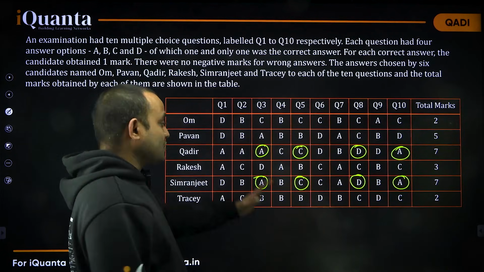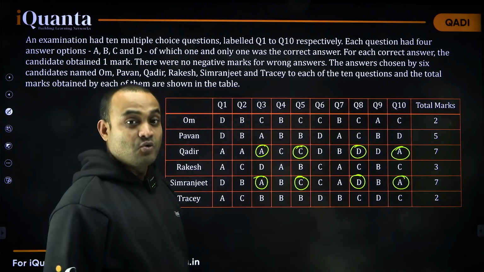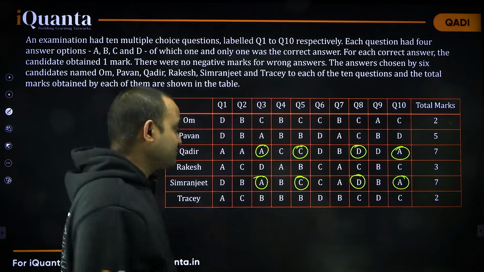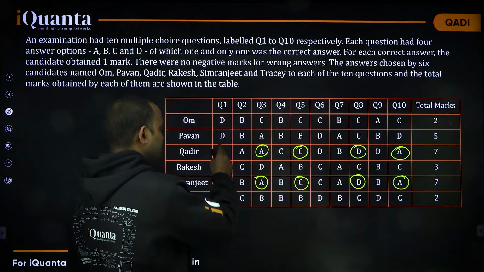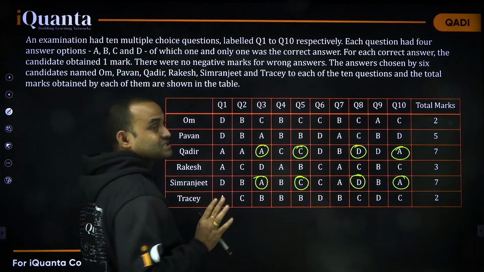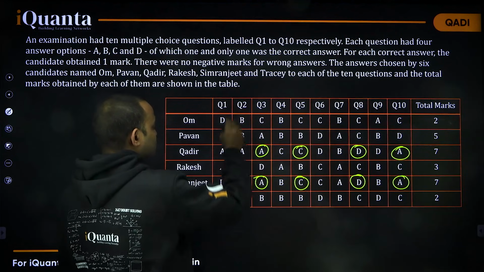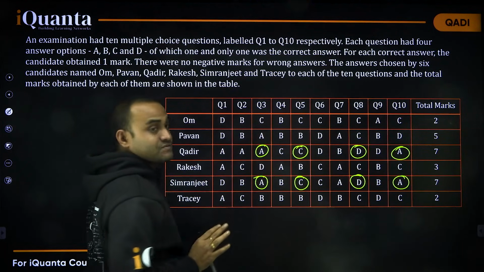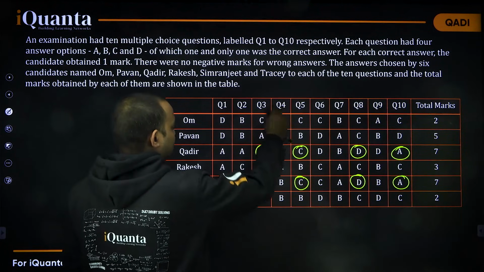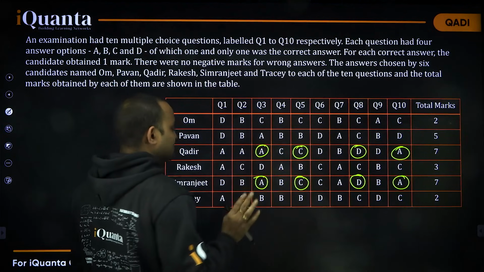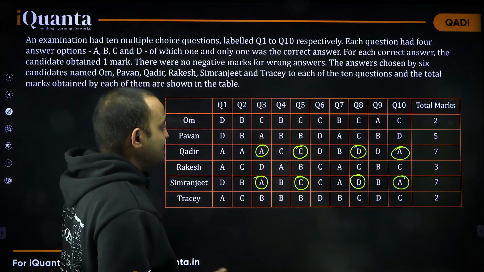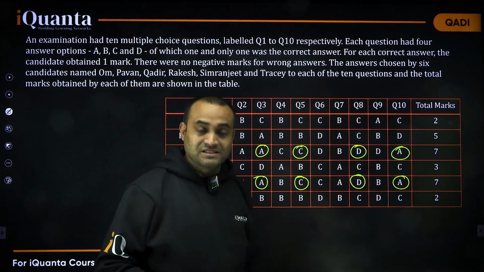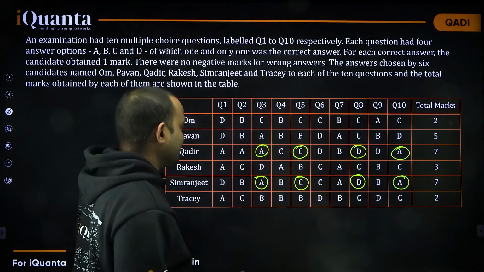For the rest of the 6 questions, exactly one of them is correct. Like for question number 1, exactly one of them is correct. Like either Qadir is correct or Simranjit is correct. Say for question number 2, either Qadir is correct or Simranjit is correct. Question number 4, either Qadir is correct or Simranjit is correct. Like that, okay? Now, as we know that these 4 answers given by them are correct, so we can discard